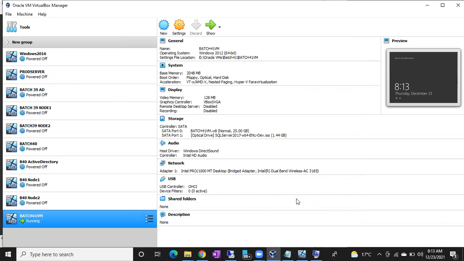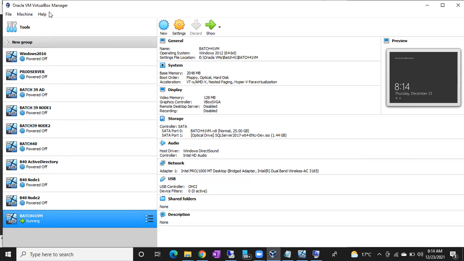Sir, in an organization, can I do it like this? No, you cannot do it like this. Why? Because you are maintaining this environment so that you can control this Oracle VirtualBox VM manager. You have access to this Oracle VirtualBox manager here, but in the organization, you don't have access to it.